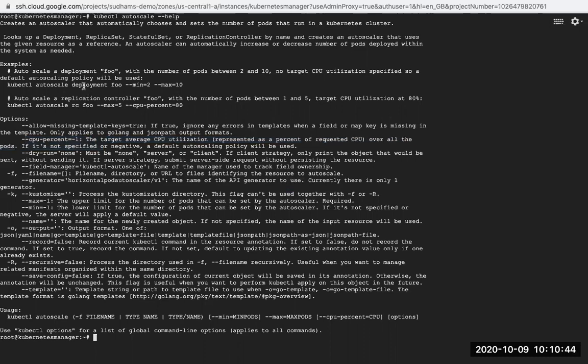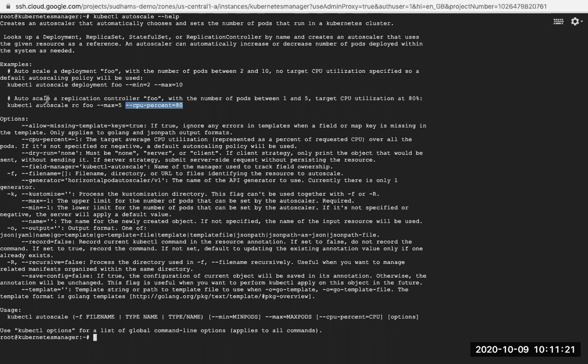Here you can see a simple autoscaling example. They are applying it to a deployment. This is the deployment name, minimum 2 and maximum 10. Minimum it will have 2 pods, and based on the CPU utilization, it will increase up to a maximum of 10. You need to tell what the threshold limit of the CPU should be. If my CPU utilization is reaching 80% or 70%, it should scale up. Then you need to add an additional parameter, --cpu-percent=80. Then only this will work.